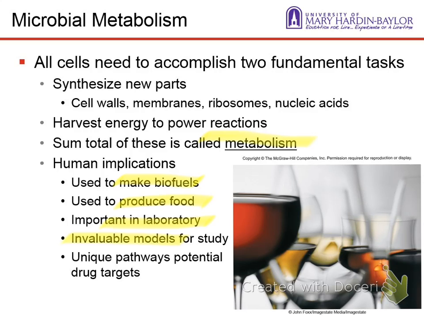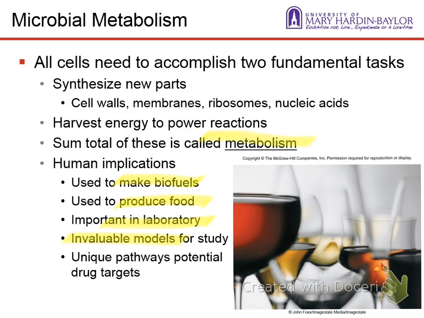And the other thing you're going to see as we go through this chapter, there's a lot of diversity in microorganisms. Microorganisms do metabolism in so many different ways that our cells don't. So look for those diversities, because when you read through this chapter, the diversities are probably the parts that are going to trick you up on an exam, because you're not used to seeing cells being able to do things those ways. So look for the diversities as you're going through this chapter and understand those diversities, so that when you take the exam, you're not just thinking about how your cells do it, what you learned in anatomy and physiology, but how other microorganisms do it.